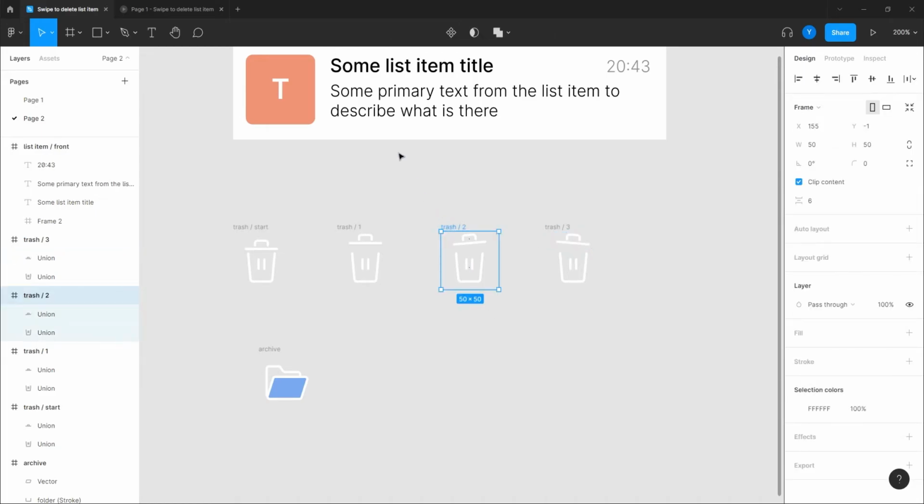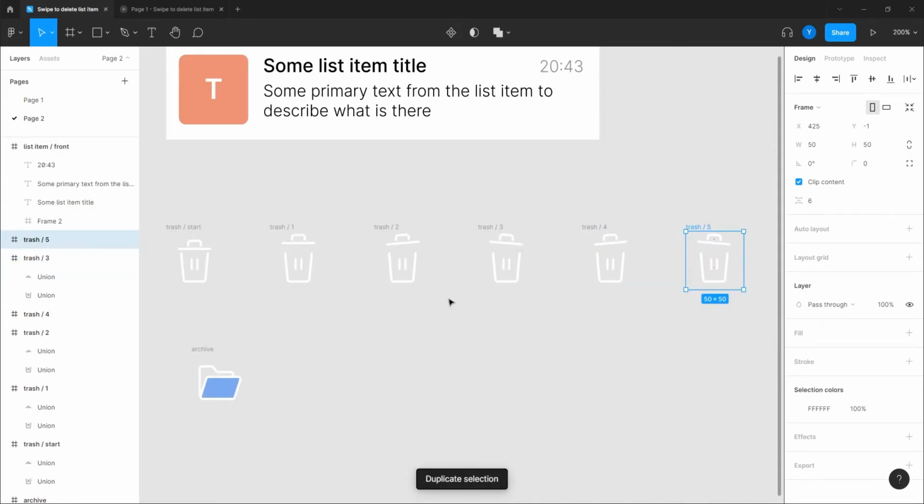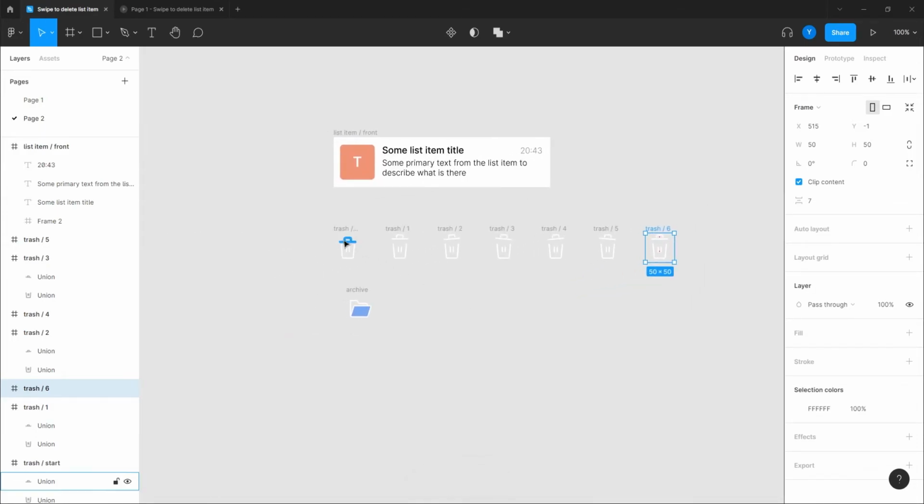So I'm gonna duplicate this one. I have them ready already, I don't have to make them again, and I'm gonna duplicate this one, and at the end of it I'm gonna duplicate this one. Okay, so we're having these 7 frames which are gonna animate between them in a very easy way.